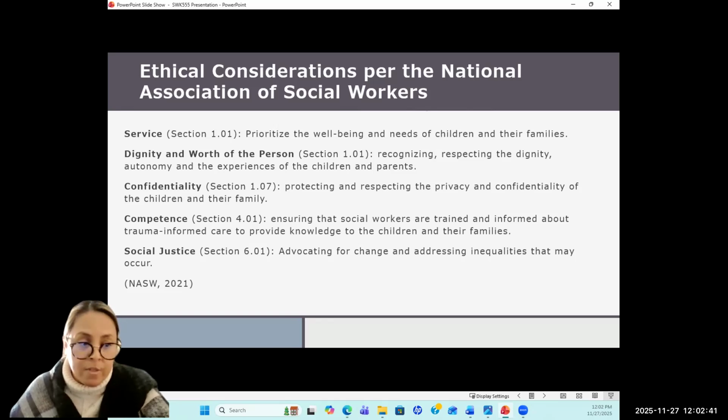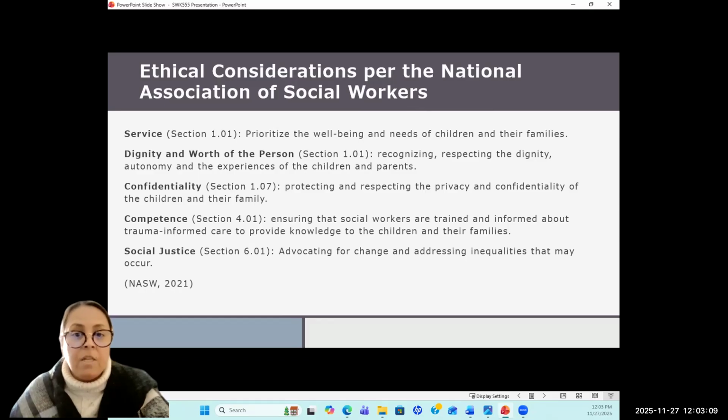We need to put those aside because these are children that have gone through this, but who also love their parents and who want to be back home. So recognizing and respecting the dignity of the children and parents is essential.